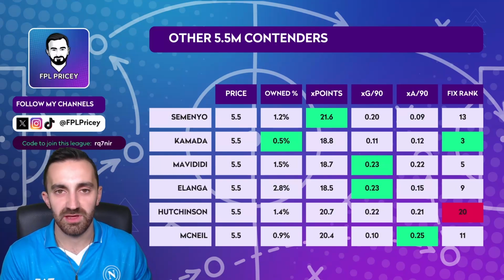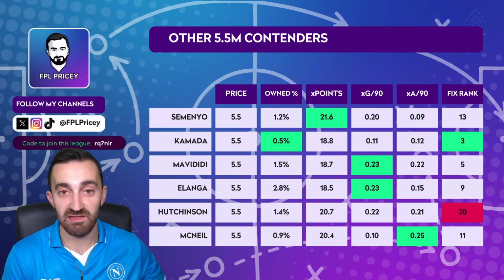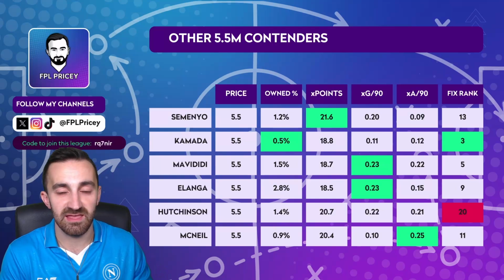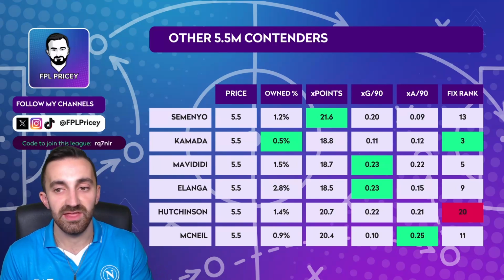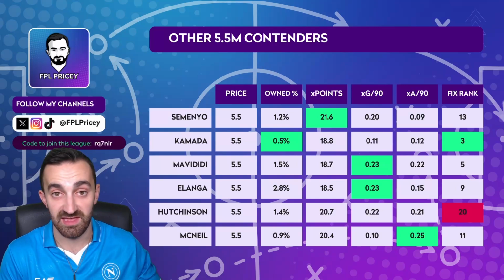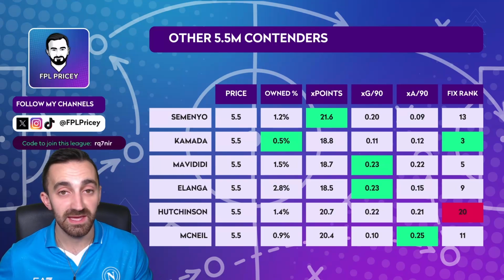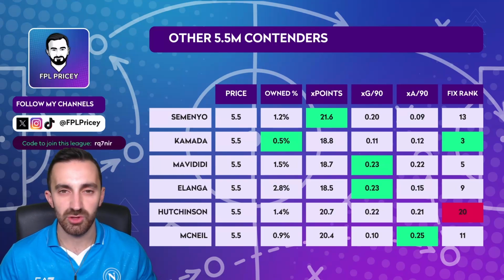So I wouldn't just go with Kamada for the sake of it, although he does come highly rated and he will be filling in the old Elise spot at Palace. So he could be a differential that might be worth targeting, especially considering the opening 5 game weeks with a fixture rank of 3 on the Hub's ticker. Now that is based on the attacking fixtures, so again, maybe a decent option, although probably not one of my